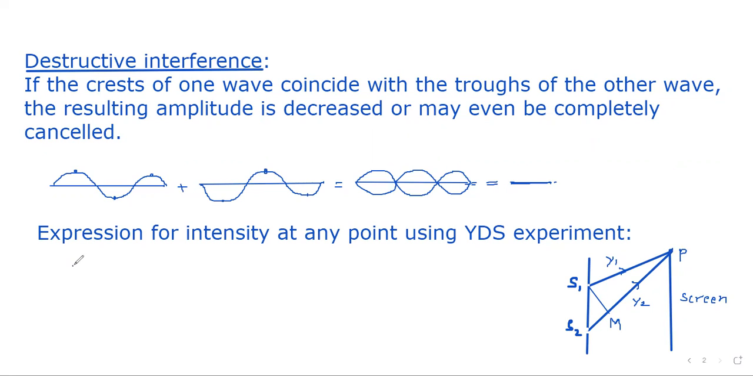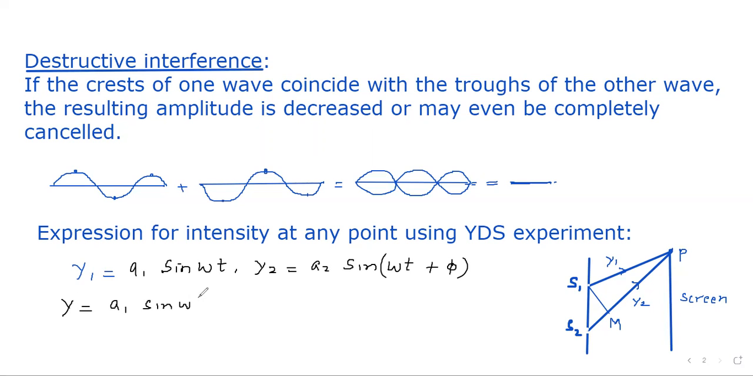So let's write the first wave as y1 equals A1 sine omega t, and the second wave as y2 equals A2 sine (omega t plus phi), where phi is the phase angle between the two waves. A1, A2 are the amplitudes of the waves respectively. So on interfering, they combine: y equals A1 sine omega t plus A2 sine (omega t plus phi),